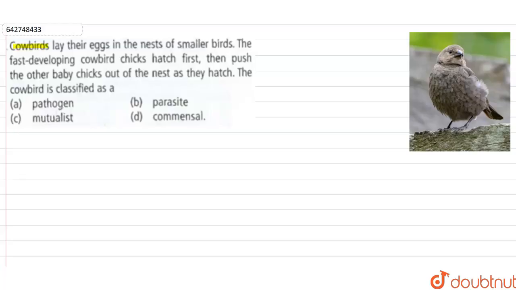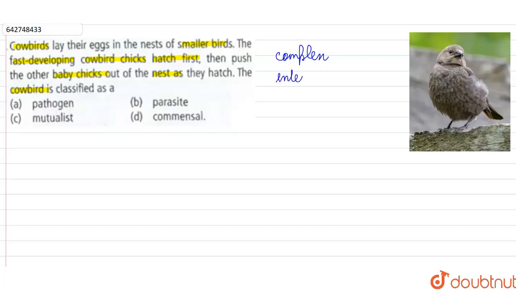In this question, they have given us a statement. Cowbirds lay their eggs in the nest of smaller birds. The fast developed cowbird chicks hatch first, and they push the other baby chicks out of the nest as they hatch. Now this cowbird can be classified as